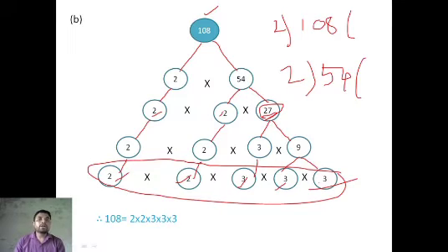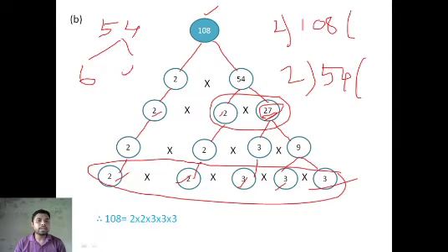Now you can ask me a question: sir, we have written 54 in this way, can you write it in another way? Yes, my dear student, you can write 54 in this way also, as 6 and 9, no problem. Then do for 6, then do for 3, do for 9. But keep in mind that your last step will be the same. Whatever number you choose, the last step will always be the same. Is it clear, my dear students? Hope you understand it.